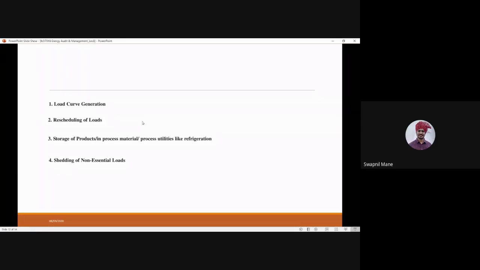Whenever there is a peak load, I'll give you an example. If mechanical and instrumentation are running and you see a seminar is organized at the same time, the maximum demand will sense it and tell that the seminar should not be scheduled at that time because it will result in peak load. So you shift the seminar to a time when there is no load, maybe recess time wherein all the labs are closed. Are you getting the idea?